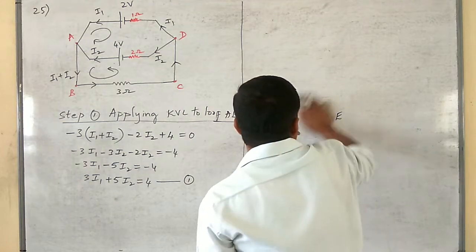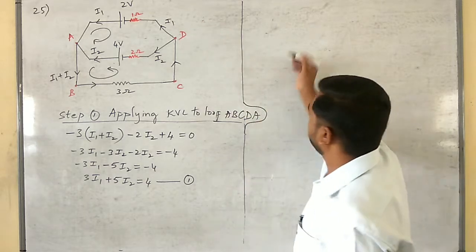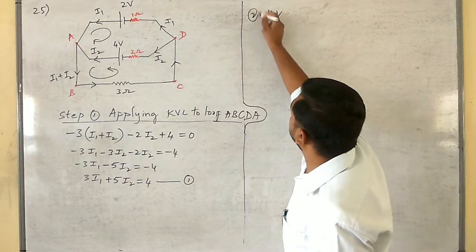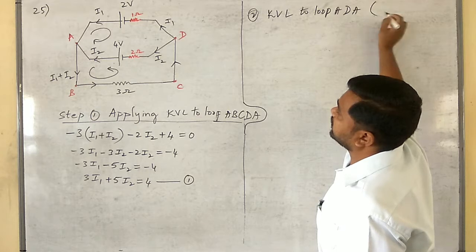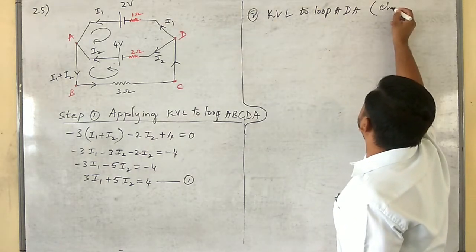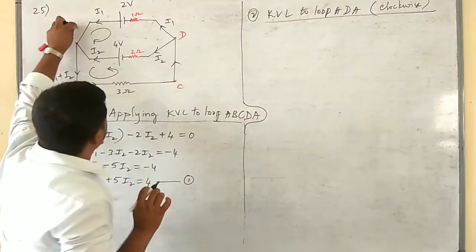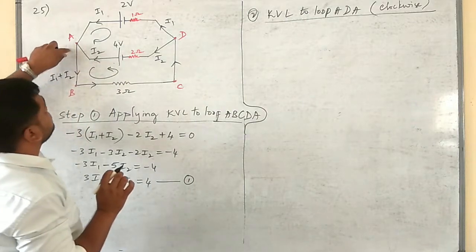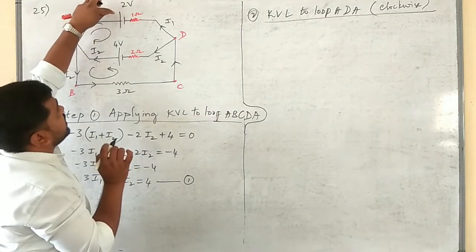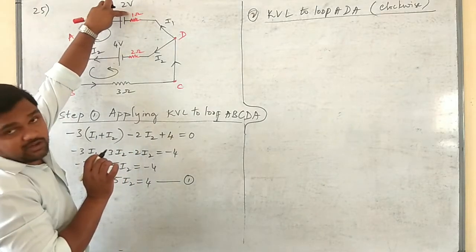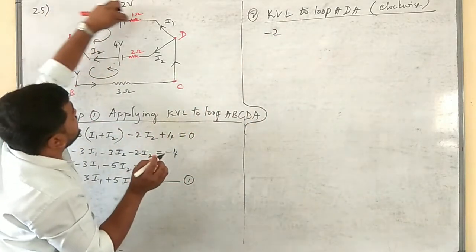Next, apply KVL to that smaller loop ABA. Step 2, KVL to loop ADA. ಯಾವ ಡೈರೆಕ್ಷನ್ ಅಲ್ಲಿ ನೀವು ಅಪ್ಲೈ ಮಾಡುವಂತದ್ದು ಅಂತಂದ್ರೆ ಕ್ಲಾಕ್ ವೈಸ್ ನಲ್ಲಿ ಅಪ್ಲೈ ಮಾಡಿ. ಕ್ಲಾಕ್ ವೈಸ್ ಆದ್ರೂ ಅಪ್ಲೈ ಮಾಡಬಹುದು, ಆಂಟಿ ಕ್ಲಾಕ್ ವೈಸ್ ಆದ್ರೂ ಅಪ್ಲೈ ಮಾಡಬಹುದು. ಬಟ್ ನಾನು ಇಲ್ಲಿ ಕ್ಲಾಕ್ ವೈಸ್ ಎ ಇಂದ ಡಿ ಹೋಗಿ ಮತ್ತೆ ಎ ಹೋಗ್ತಿದ್ದೀನಿ. ಓಕೆ, ನೆಕ್ಸ್ಟ್ ಹಿಂಗ್ ಹೋಗುವಾಗ ವಿ ಆರ್ ಮೂವಿಂಗ್ ಇನ್ ದ ಡೈರೆಕ್ಷನ್ ಆಪೋಸಿಟ್ ಟು ದಟ್ ಆಫ್ ಕರೆಂಟ್. ಓಕೆ, ಫಸ್ಟ್ ಪಾಸಿಟಿವ್ ಇಂದ ನೆಗೆಟಿವ್ ಟರ್ಮಿನಲ್ ಆಫ್ ದ ಬ್ಯಾಟರಿ ಮೂವ್ ಆಗ್ತಿದ್ದೀವಿ. Therefore it is -2.